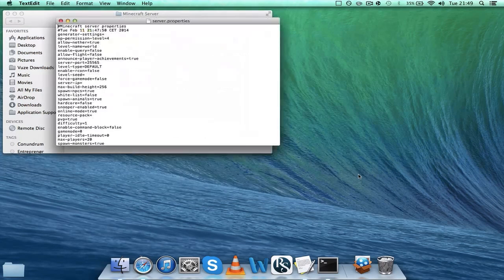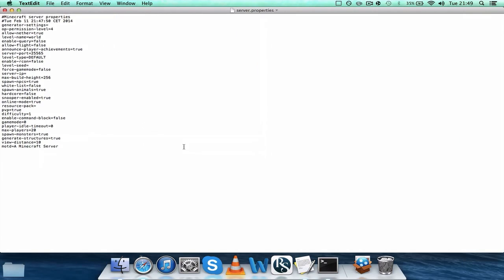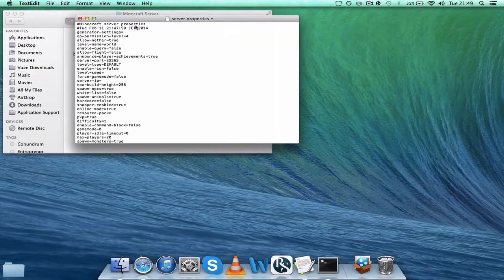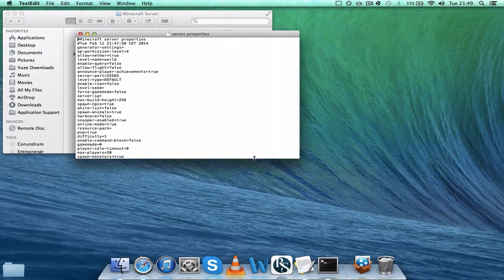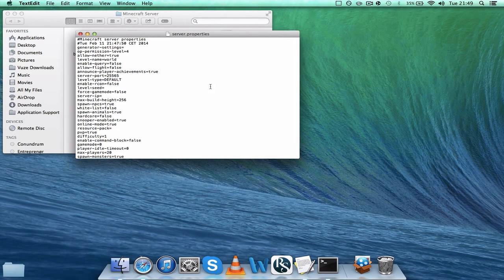Let's see if I can find it. And here you see a bunch of commands. Now, if you're a newbie to this, then it's all going to be very complicated to you. But what you basically should do, or at least what I used to do, is set this to false,